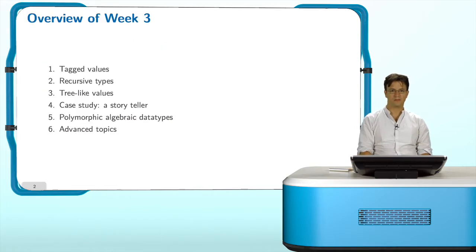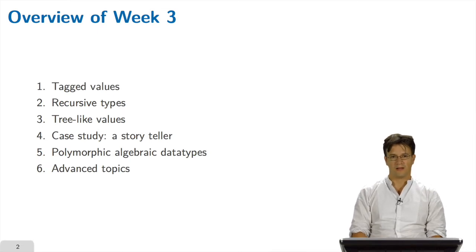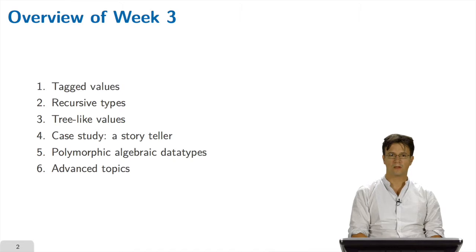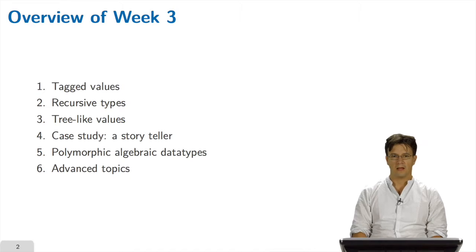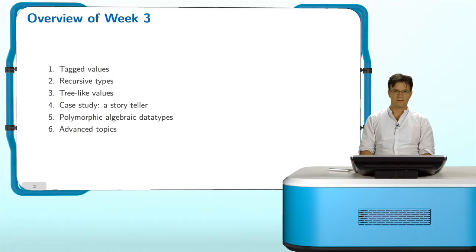This week will be devoted to algebraic data types, which are very important kinds of types that you can use in OCaml. To understand them, we will present them progressively by first showing how you can tag values, how you can define recursive types, and using these two features, what kind of tree-like data structures you can define. Based on that, we will define a story generator. Just after that, I will show you how you can make an algebraic data type polymorphic, and we will conclude